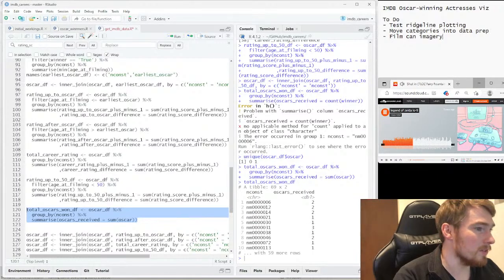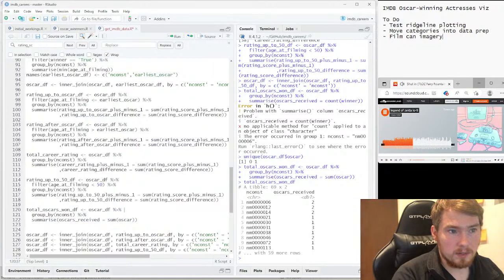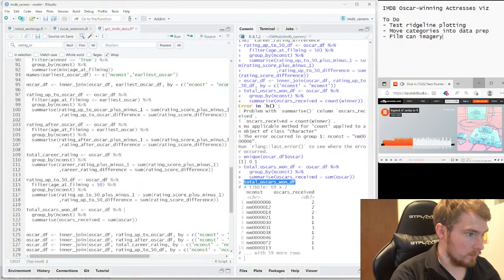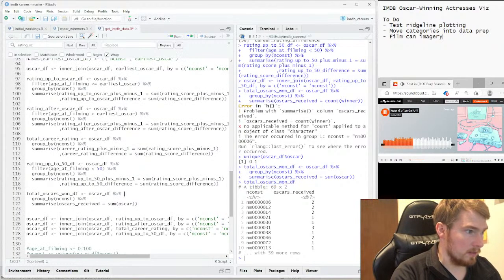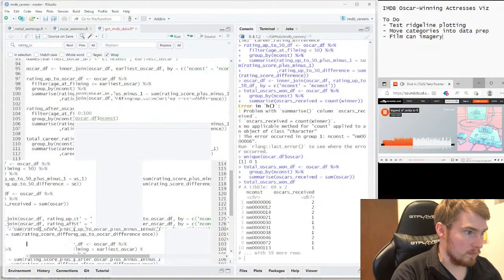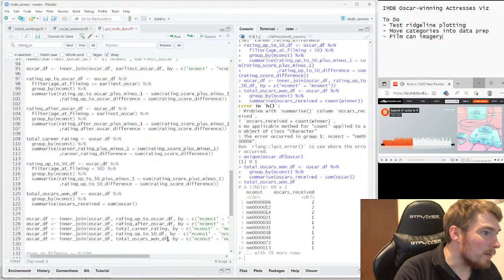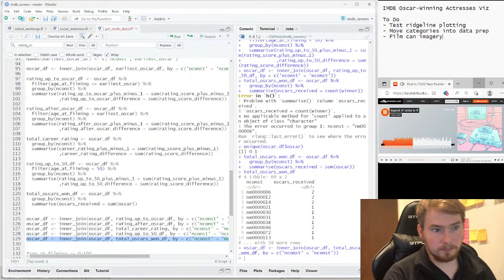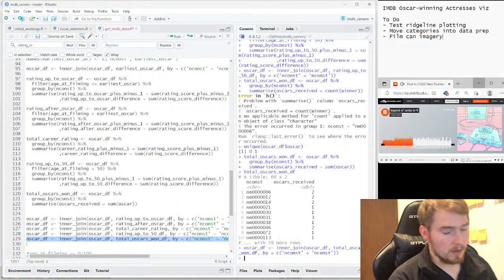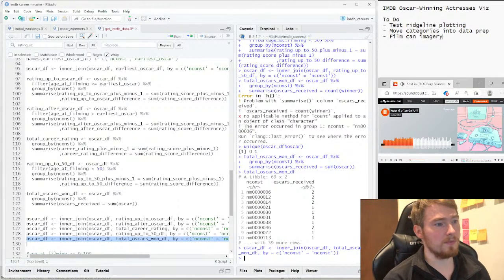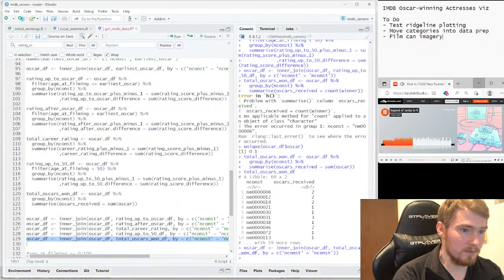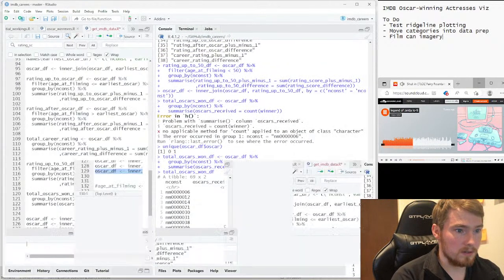Nice, 3 Oscars. Okay, so total Oscars. Gonna add that in. Okay, now I should have everything I need to go and make these different categories in here.